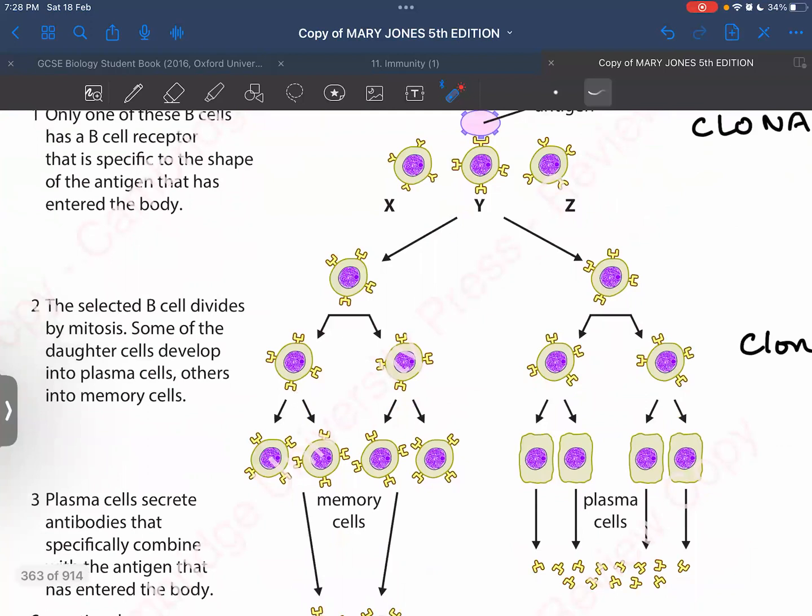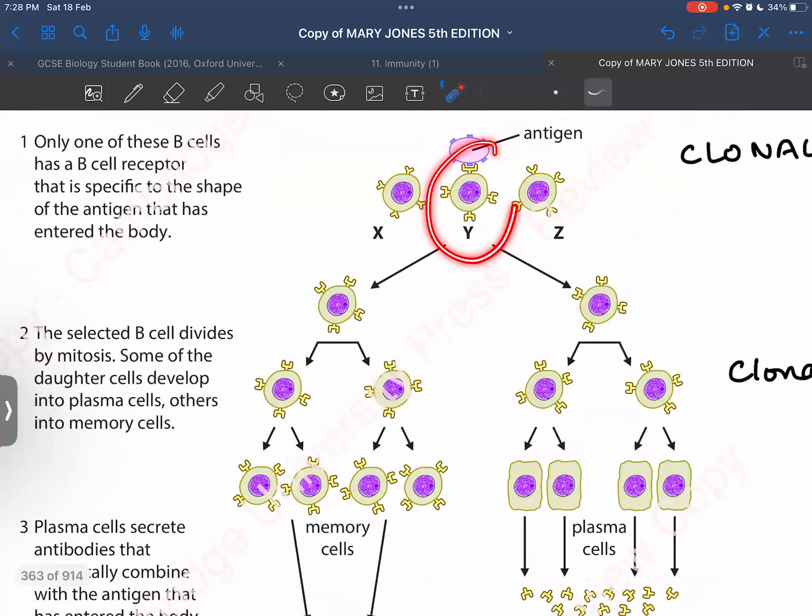Let's say कि this has been selected. ठीक है, Y वाला B cell select हुआ. What is happening in step 2? Read it. The selected B cell divides by mitosis. Some of the daughter cells develop into plasma cells and other into memory cells. The selected B cell divides by mitosis, जो भी हमने select की है वो mitosis से